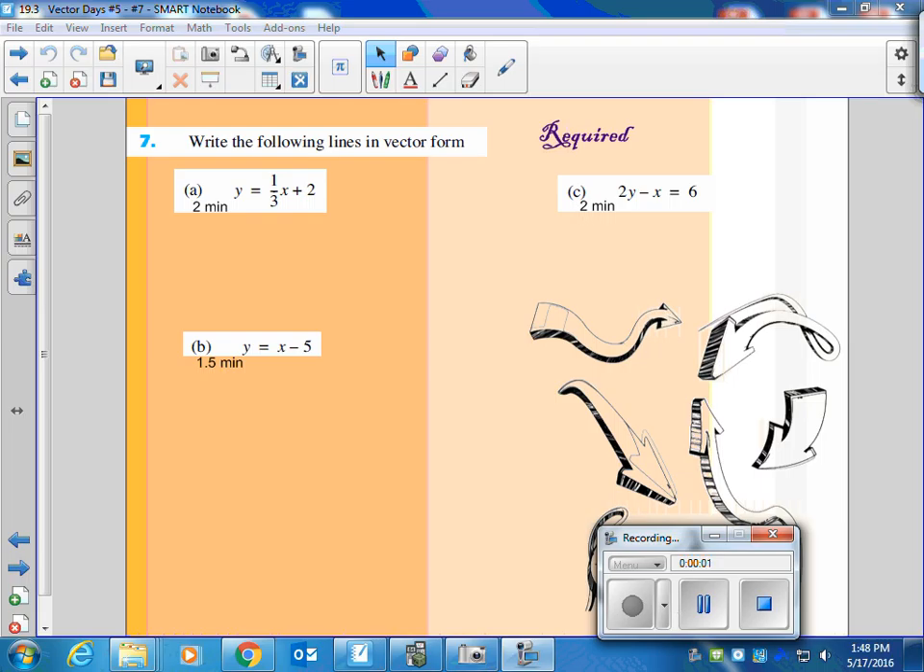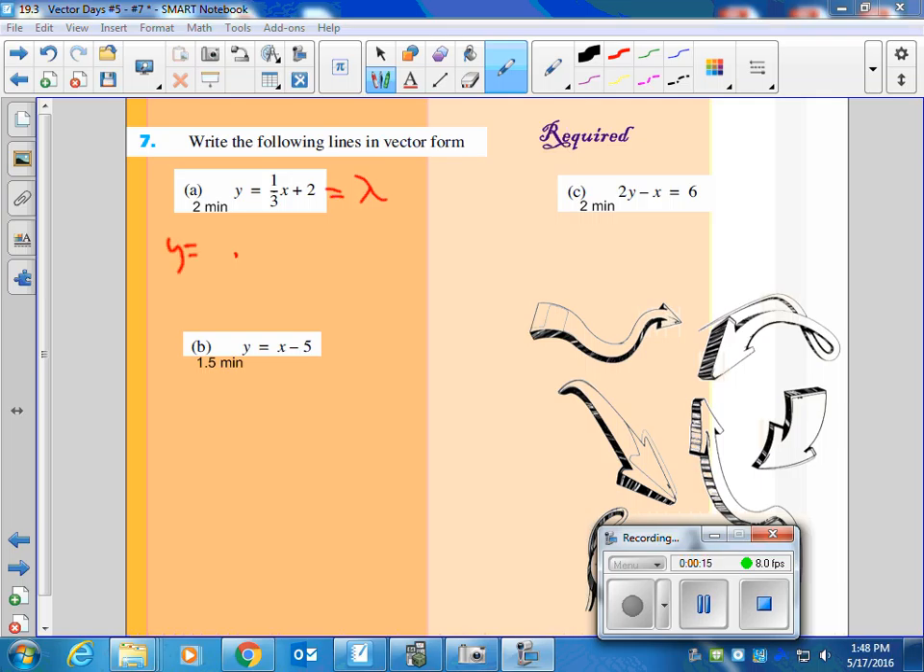We are looking at vector, converting Cartesian into vector form is what we're doing. So what you want to do, Marie, is just set all of these equal to lambda. So you have y equal to lambda, 1/3 x plus 2 equal to lambda, and then you solve for x and y. So when I did that, I'm going to get y equal to 0 plus lambda,